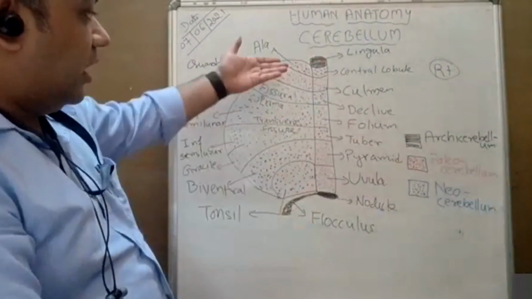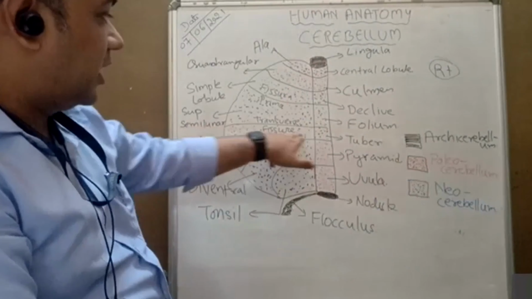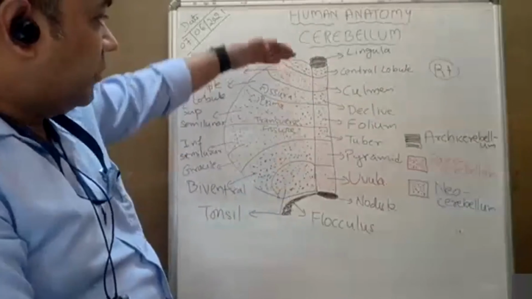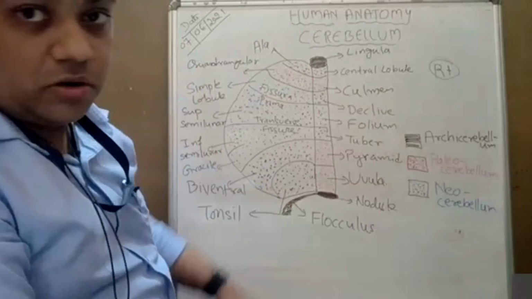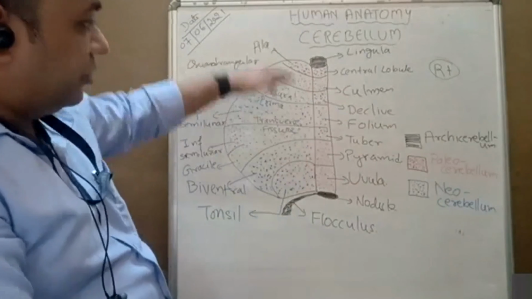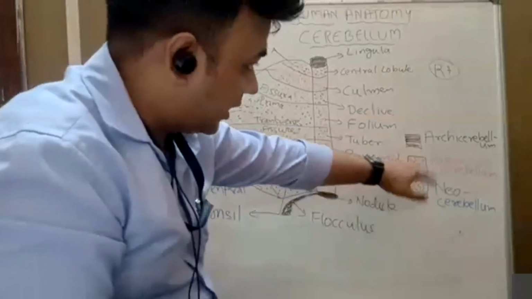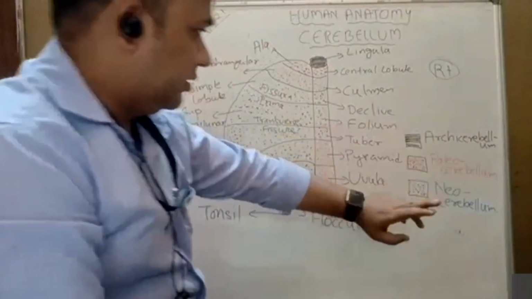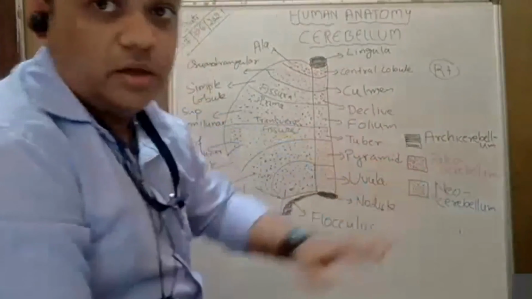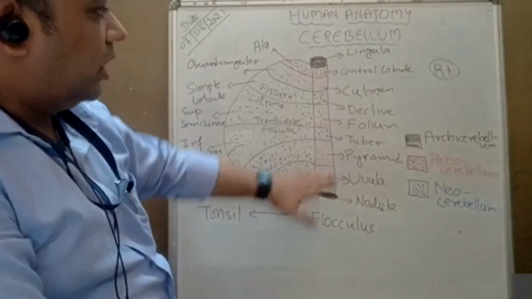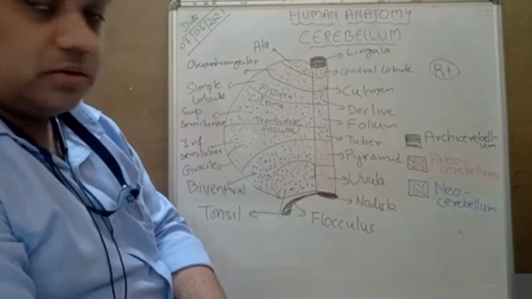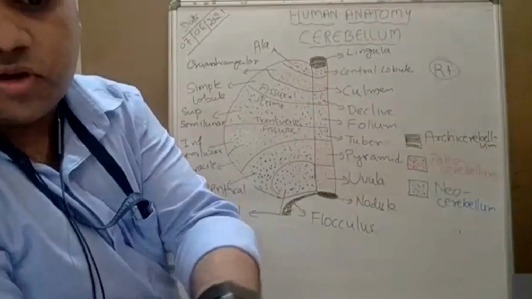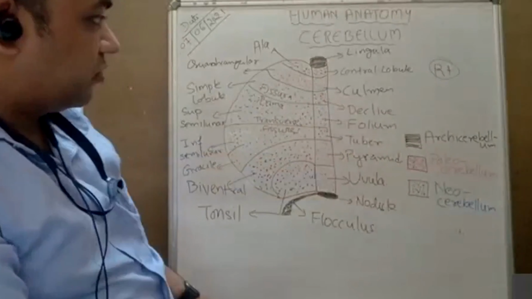देखो कितने सारे डिवीजन है. अपर सरफेस, सुपीरियर सरफेस बाय द ट्रांसवर्स फिशर, फिर फिशरा प्राइमा एंड यहाँ पे कौन सा था, पोस्टरोलेटरल फिशर. उनके बीच में एंटीरियर लोबुल, मिडल और पोस्टीरियर लोबुल एंड फ्लोकुलोनोडुलर लोबुल. फिर बाद में सब डिवीजन हो गए तुम्हारे. And all this subdivision are again divided depending on the phylogenetic division in the archicerebellum, paliocerebellum and the neocerebellum. So got my point? So how are they divided? How are they parts of this thing? Got it? So these were the parts of this.